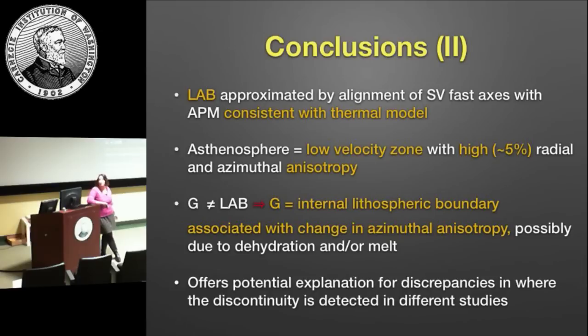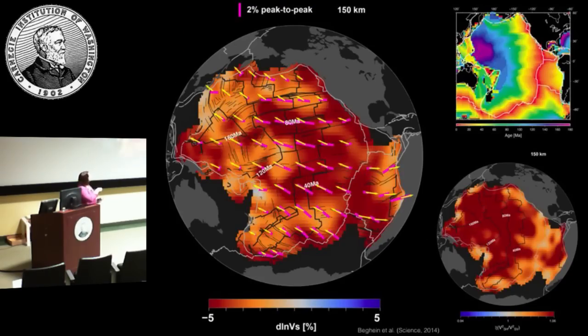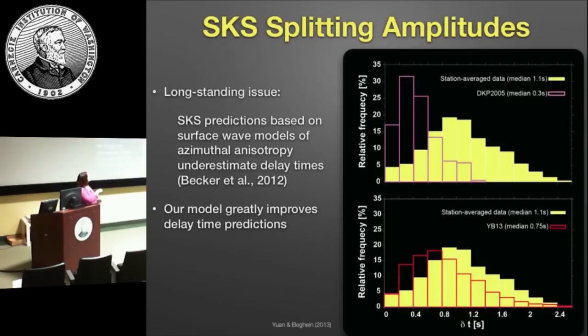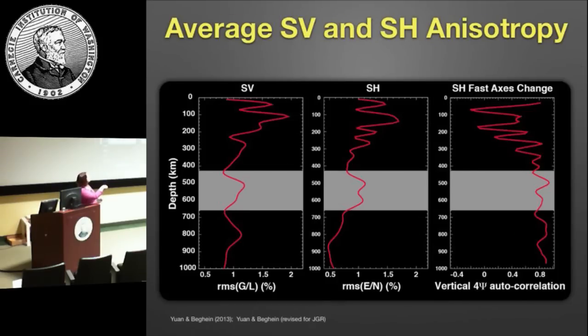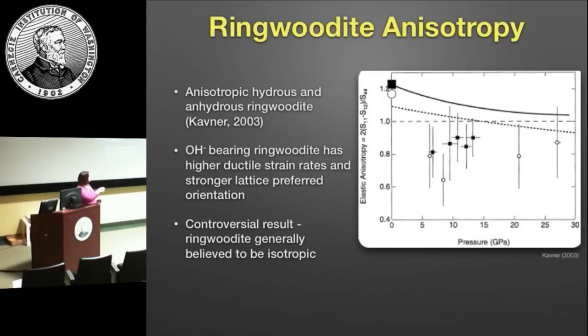So I have another question. Back to the question of anisotropy in the mantle transition zone. You had on your slide that anhydrous ringwoodite is isotropic. But what about hydrous ringwoodite? So maybe I can go back to that slide. The reason I'm saying that is because there's a paper coming out in Nature that will show a measurement on ringwoodite with about 4% water in it. And so my question is, if you have hydrous ringwoodite, would that